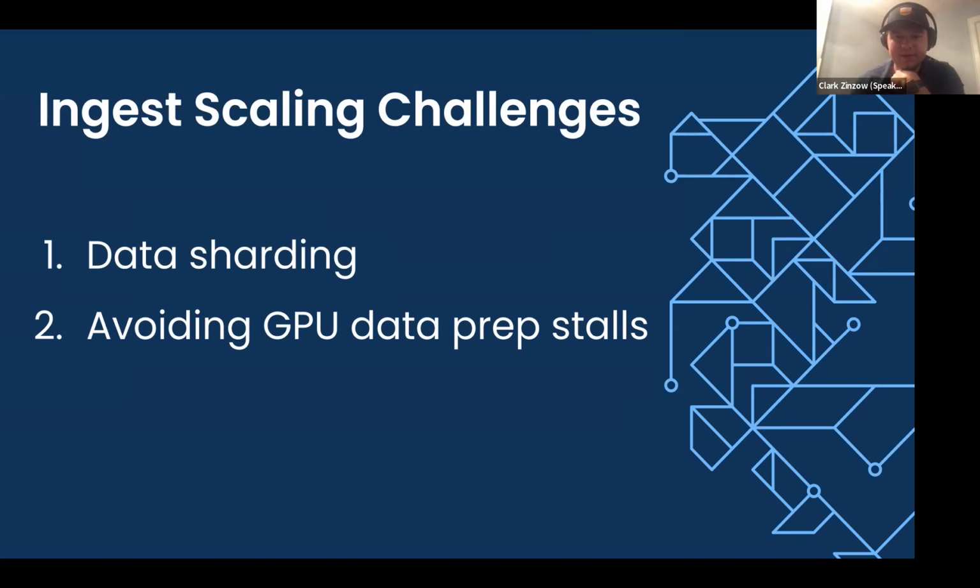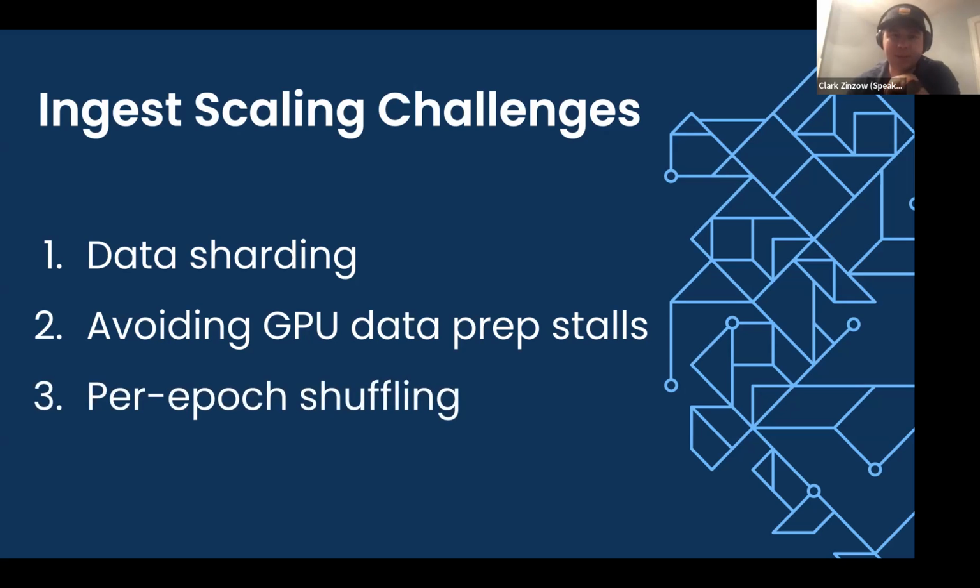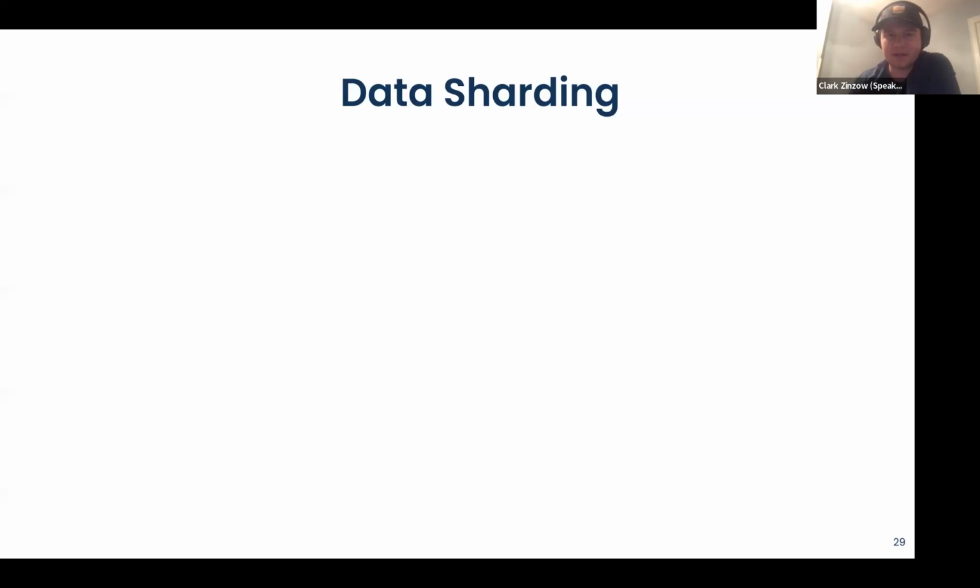And we don't like those, because your GPU being idle means you are losing money, whether you're an individual or an organization. And then finally, per epoch shuffling, which is specific to training. It's one I'll talk about a little bit in the future. This is one particular thing where I think Ray Datasets has a pretty interesting competitive advantage compared to other solutions.